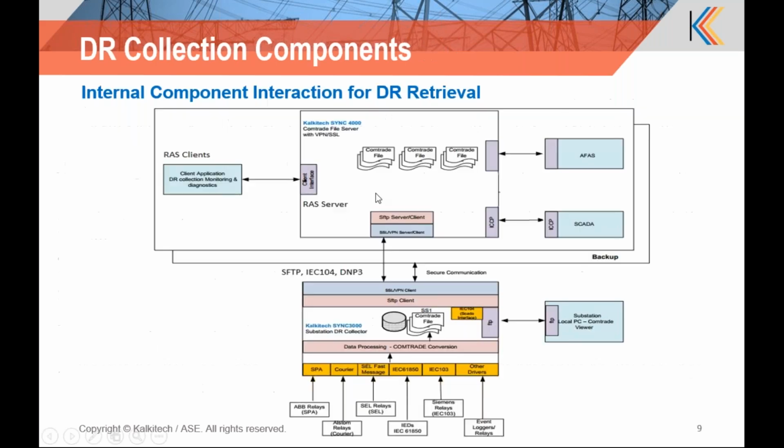This is a zoom-in view of the complete architecture, in which this is the protocol gateway with multiple protocol drivers, and each relay or even logger is connected to it using a specific protocol. We collect the live data, and this live data can be sent to any central system using other protocols, mapped to protocols like 104 or DNP3, and we support secure DNP3 with secure authentication also. It can also collect the disturbance data, and this can be converted.